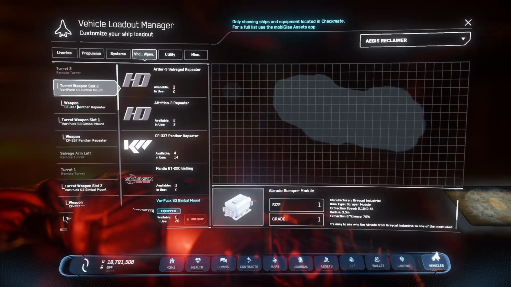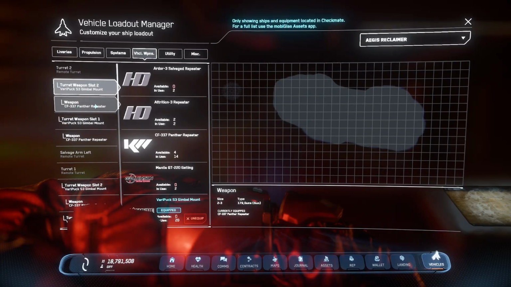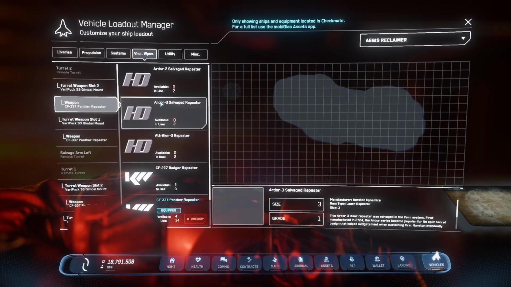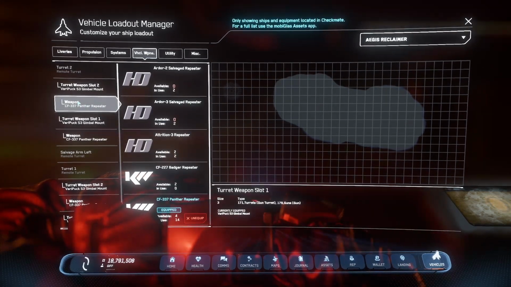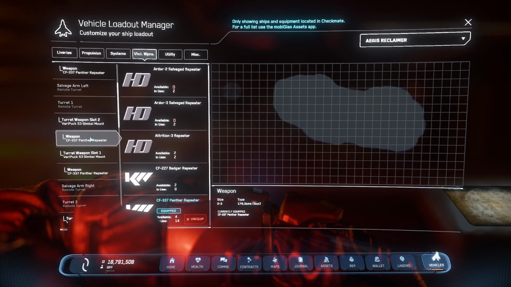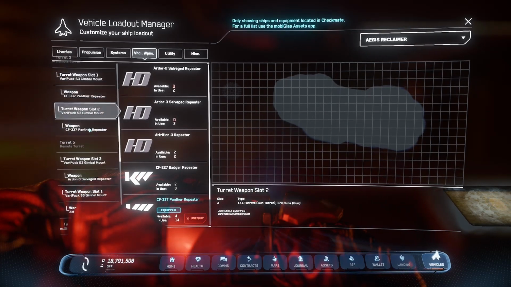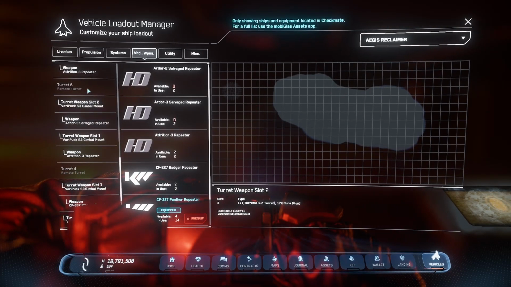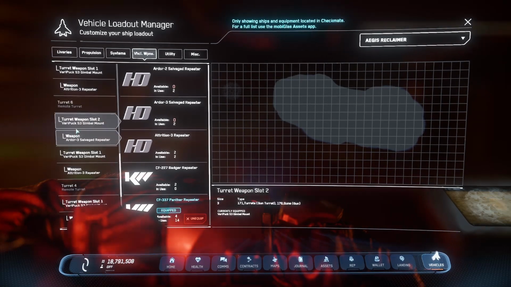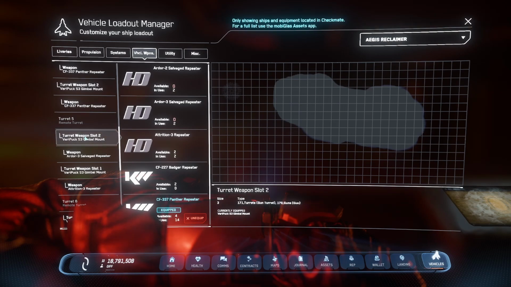Now this is where it gets a little bit more confusing because there's so many turrets and they're not in order. So it starts with turret 2 with the Panther repeater size 3s. We're going to leave them alone. It's not turret 1 either, they've still got the default 3 there. And what you want to look for is turret 5 and turret 6. So turret 5,